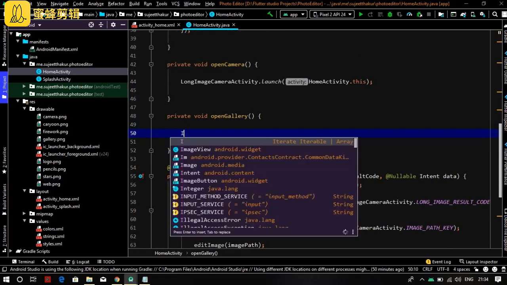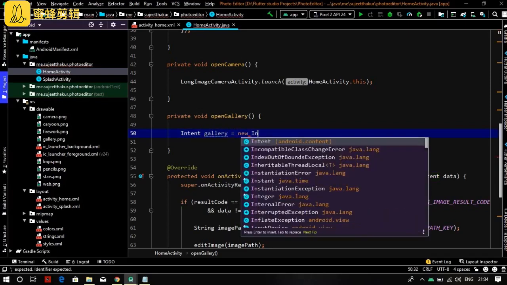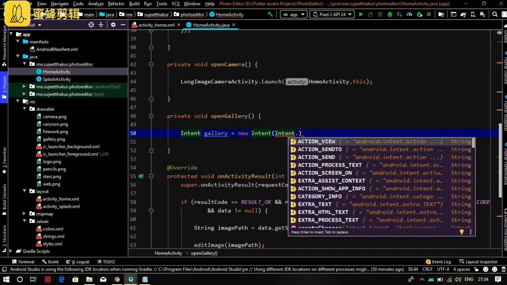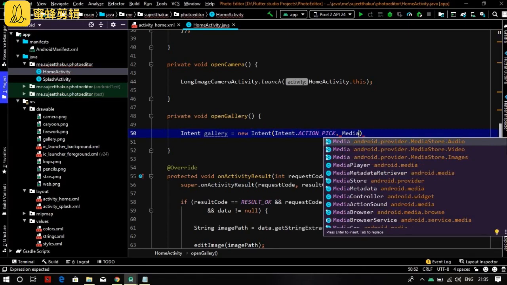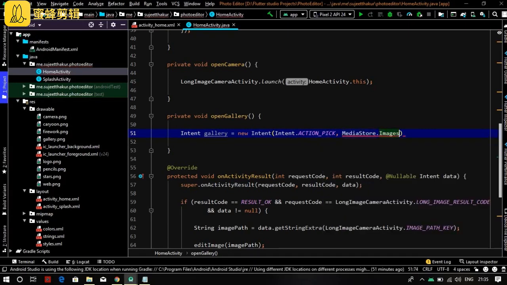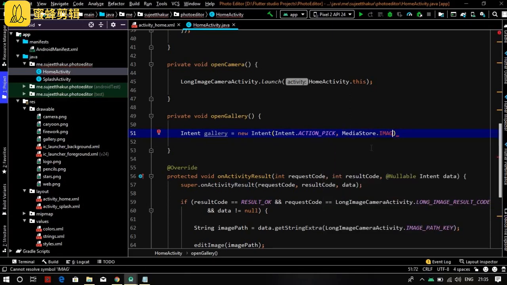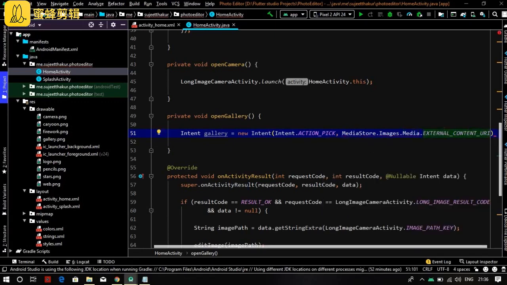For that, write intent gallery equals to new intent, action pick, comma, add another expression, media store dot images dot media dot external content URI. No, it's not external, it's internal content URI.